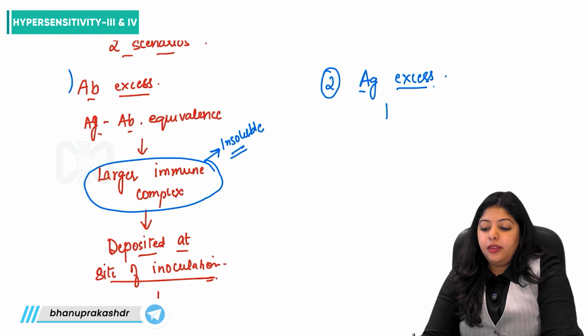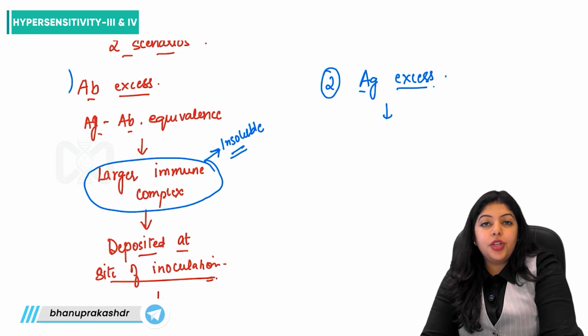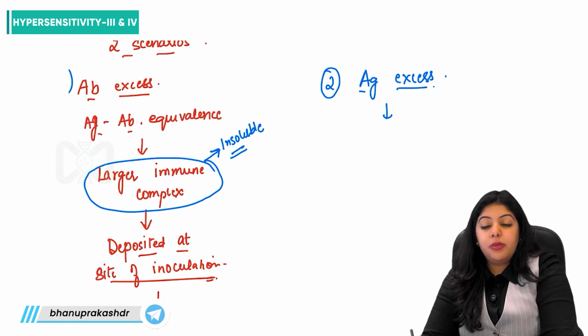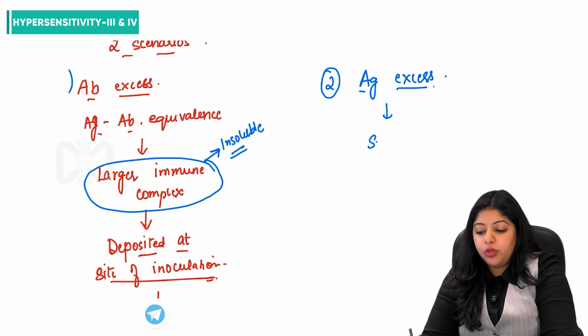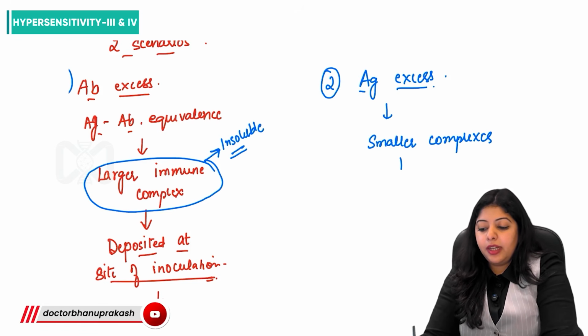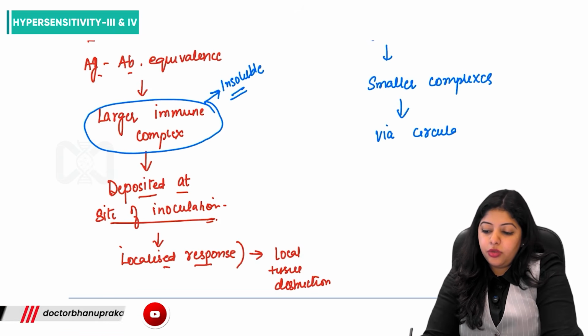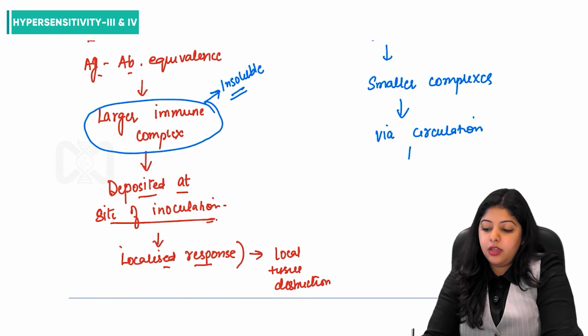When antigens are in majority, they lead to formation of smaller immune complexes, right? These smaller complexes travel more easily from one side to another. So they travel via circulation to different sites,